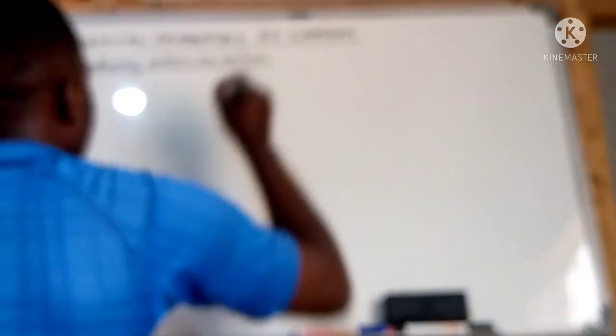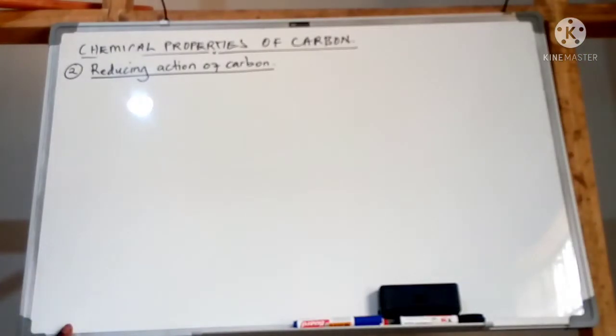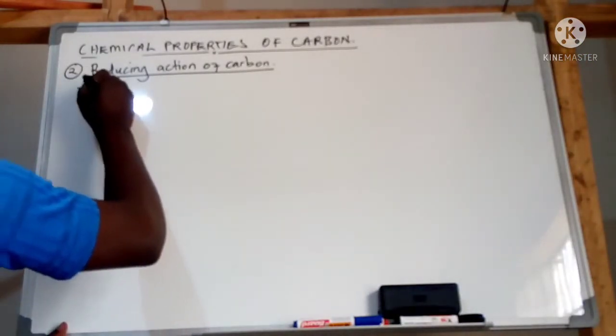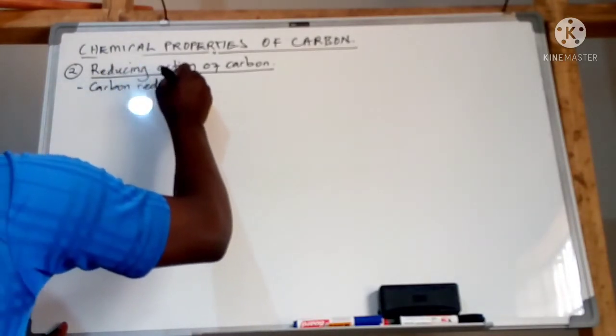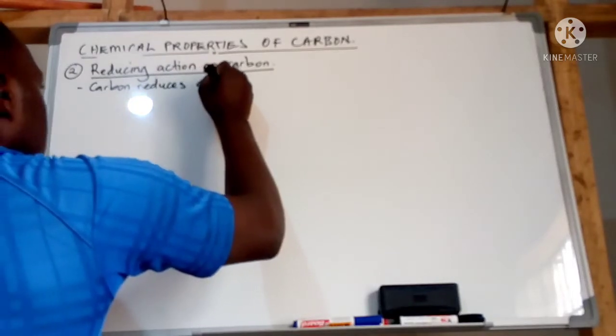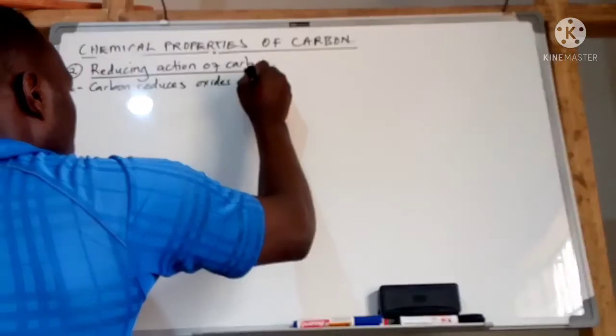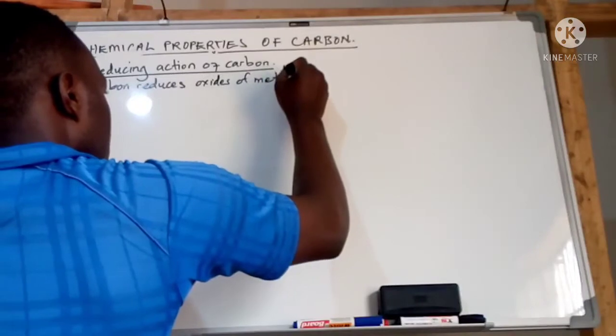Carbon can behave as a reducing agent, and in this case carbon reduces oxides of metals